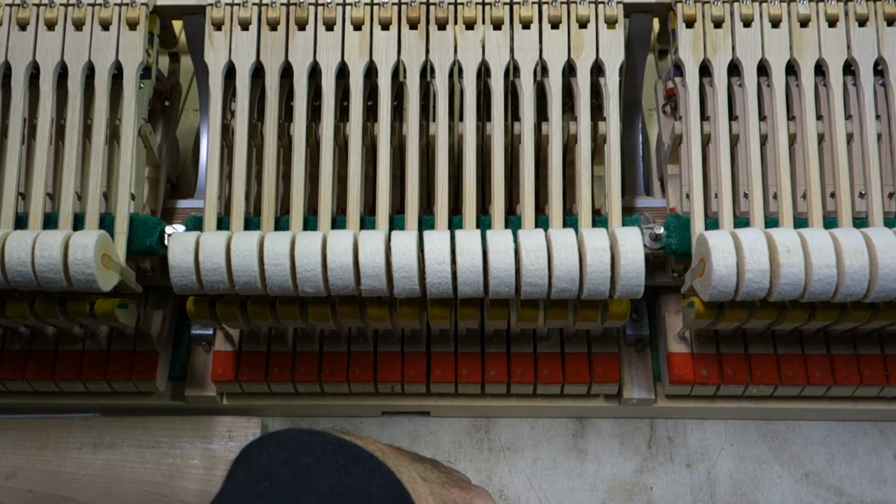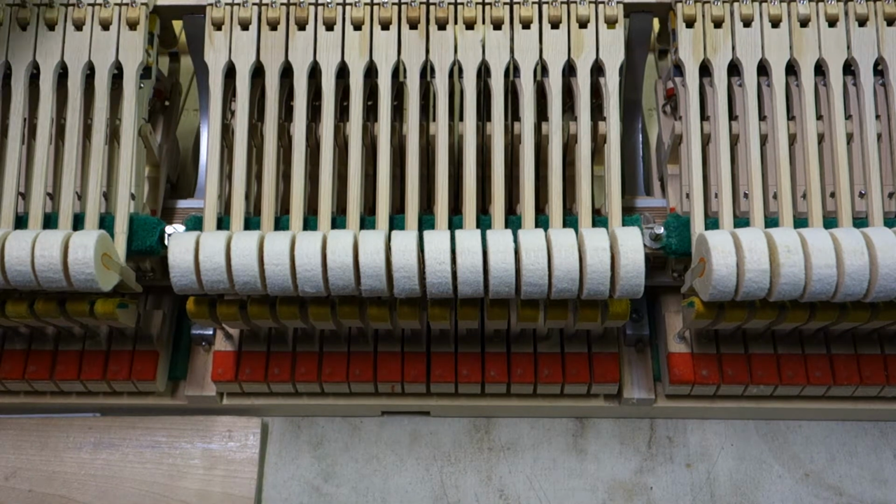Voicing is a process. It's also known as tone regulation. It's a process that is often misunderstood and, you could say even more often, not done correctly. But it's critically important to the end result, especially for a high performance piano like this Bösendorfer 225 with a